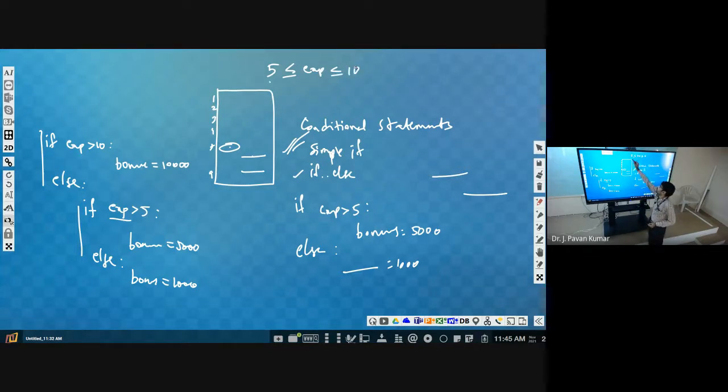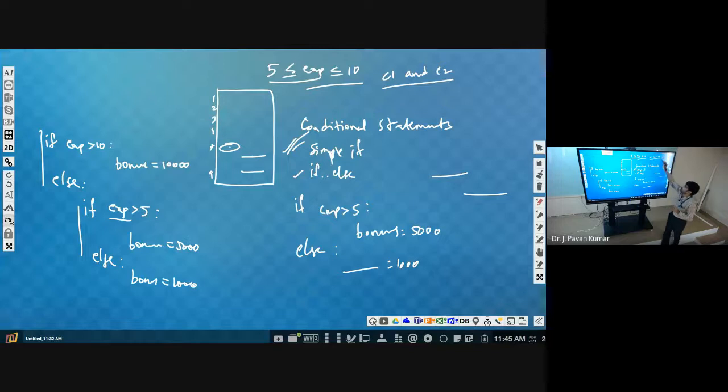But here it includes one condition, that experience should be greater than or equal to 5. Another condition is experience should be less than or equal to 10. These two we could specify separately. How can we connect those two? By using AND. In the last class we discussed that, but the recording was not there. That class AND operation, C1 C2. C1 and C2 will be the 2 conditions. If you connect like this, C1 is one condition, C2 is another condition.